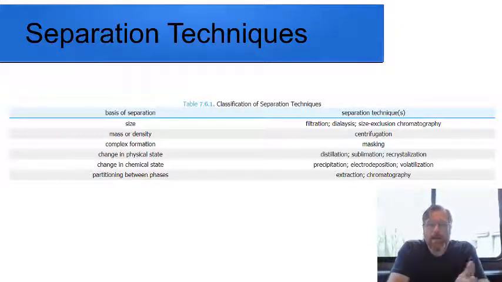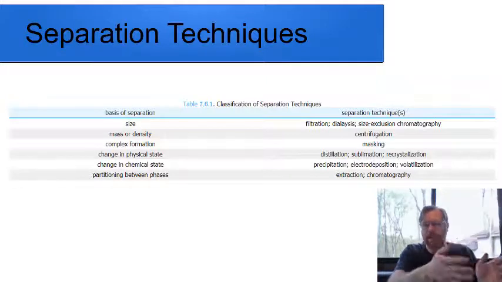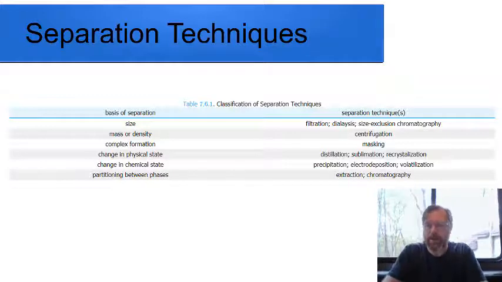As I mentioned, with mass or density, you've got centrifuging. Then complex formation. So if one component or the other, ideally the interference, if you can react it with something to make it not interfere anymore, that's what they refer to as masking. So you're reacting it, and all your interferent gets reacted and is no longer active in terms of your test, then you've masked its presence